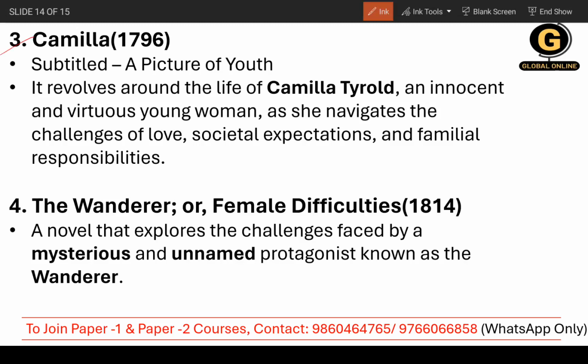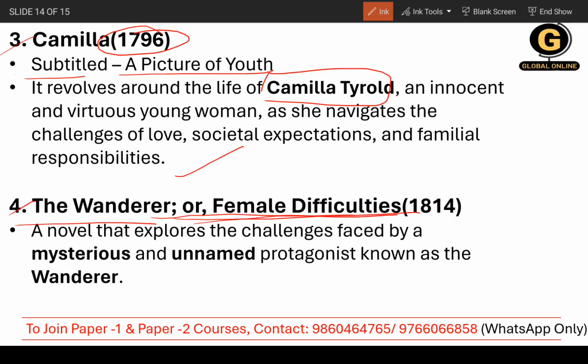Now, third is Camilla. Camilla was published in 1796 and it is subtitled A Picture of Youth. The title character is Camilla Tyrrell, and she is a very innocent, virtuous woman, a woman who maintains her moral dignity and follows morality. But here she faces familial responsibilities and societal expectations. Of course, all three of these novels face the same thing, but with different difficulties. Here, familial responsibilities are there. The second one was talking about the wealth, and the first one was talking about how she is facing high society. Now, the last one is The Wanderer, or Female Difficulties,